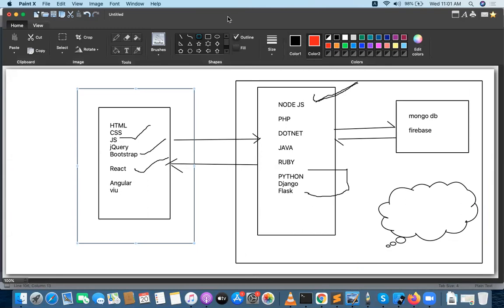If I want to build some application, definitely I need to learn step by step: HTML, CSS, jQuery, Bootstrap, JS, and finally we will choose React. So I am picking all the things we are going to discuss. We will go with HTML first, next to CSS, then JavaScript and Bootstrap. Next I will pick up React JS.